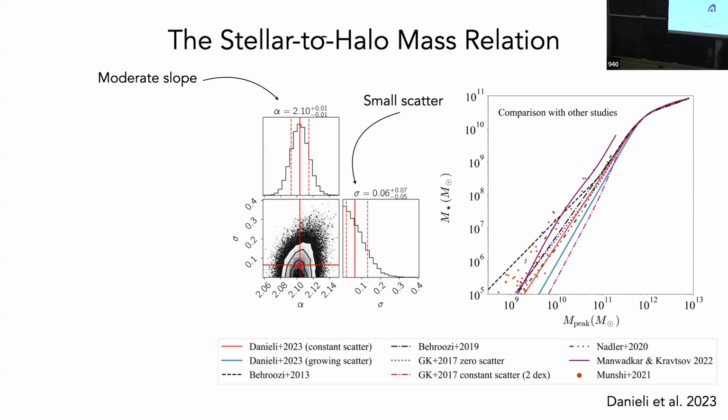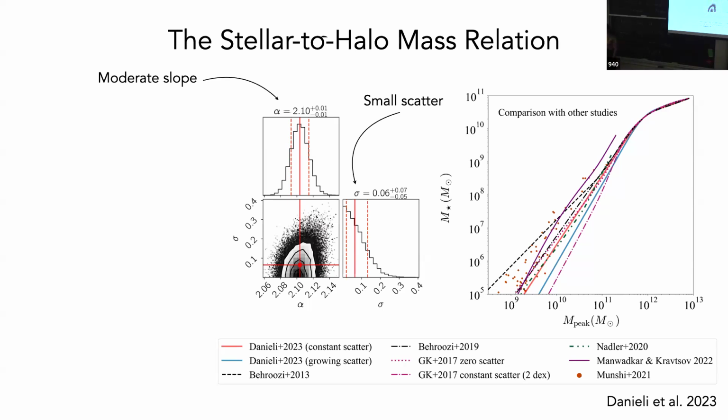This is the result, the red line here. And what we found is that it's extremely consistent if you do the same exercise only using the Milky Way satellites. So if you only use this one galaxy and you look at the satellites of the Milky Way, that's the result from Nadler. You get really, really consistent results. It's also consistent with the new UniverseMachine result from Behroozi, which is great.